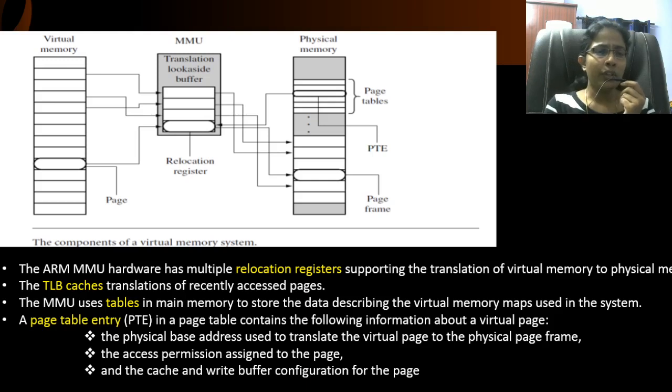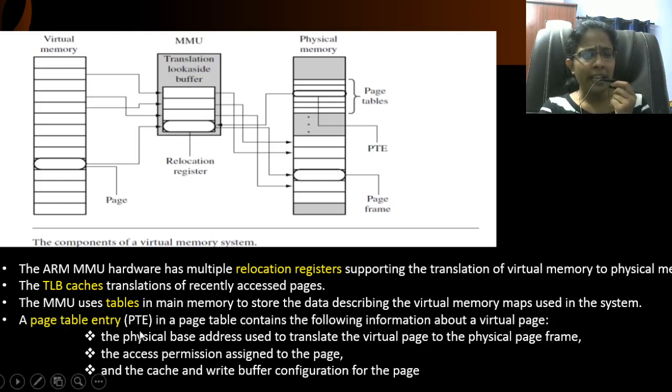Coming to the MMU components, multiple relocation registers are possible. As you see here, there are many relocation registers within your MMU. And the TLB, as we already discussed, is actually a cache, where recent translations will be stored in the TLB caches. And